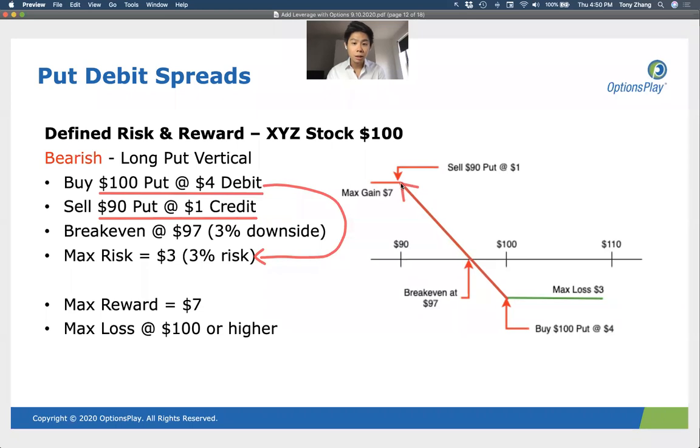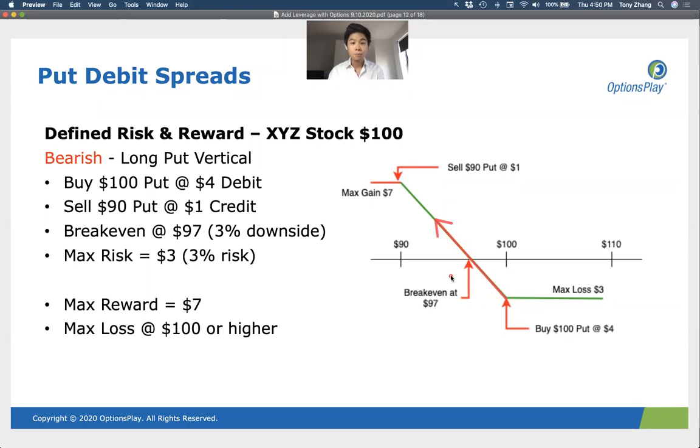So if the stock does make the move that I expected, I get higher amounts of leverage and lower risk. I have a better probability of profit because there's a higher probability the stock's going to be below 97 than below 96. The further the break-even is lower, the lower the probability of my success. So the goal here is to bring the break-even price as close to the current price as possible, because the closer the break-even price is to the stock,